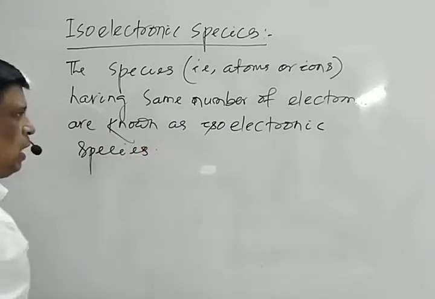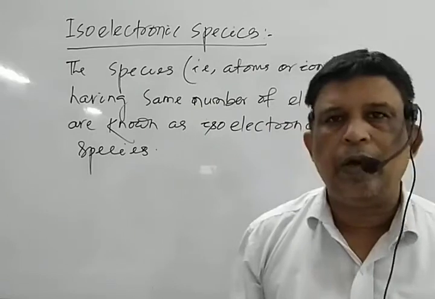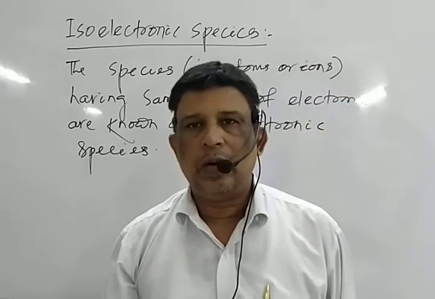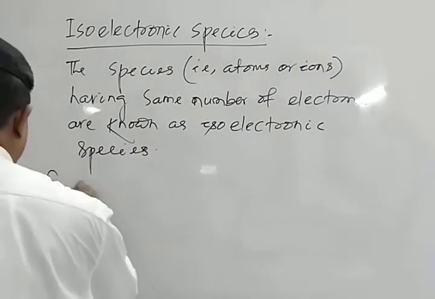It may be a neutral atom, it may be cation, it may be anion, but having same number of electrons, then these are known as isoelectronic species. Mark that. For example,